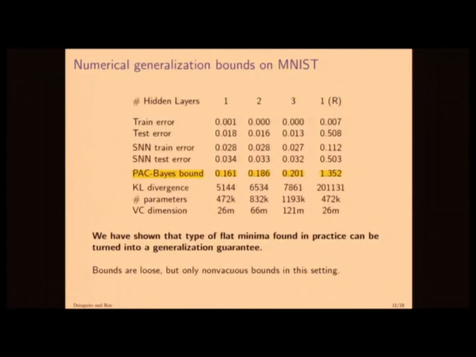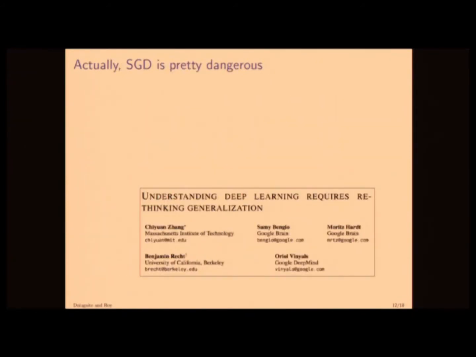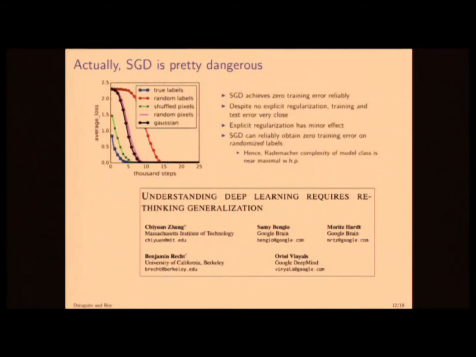All right, so all this work up until this point is focused on SGD. But maybe we shouldn't be focused on SGD, because SGD is pretty dangerous. There's this paper, Understanding Deep Learning Requires Rethinking Generalization, 120 citations in its first year. One of the cool things that it pointed out, and I'm only going to discuss one of these bullet points, is this line right here. You can run SGD on random labels on your 50,000 element data set, and it'll happily achieve 0 training error for those random labels, which is pretty scary, because SGD just obtained 50% risk if you binarize that problem, or like 90%.